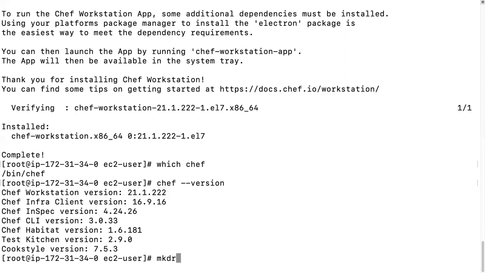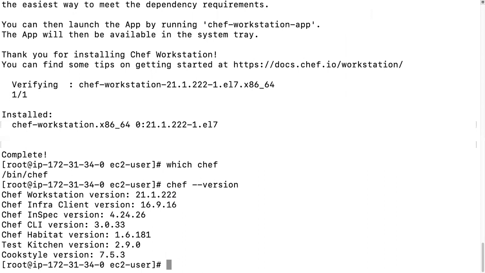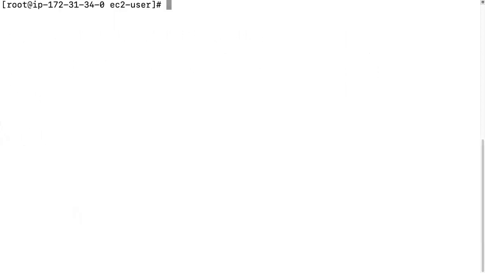mkdir. So first, clear screen. Everything clear? mkdir cookbooks. So this is the default; you cannot change the name.